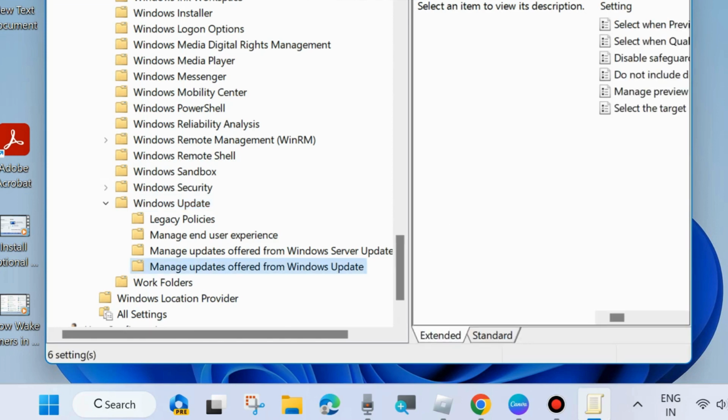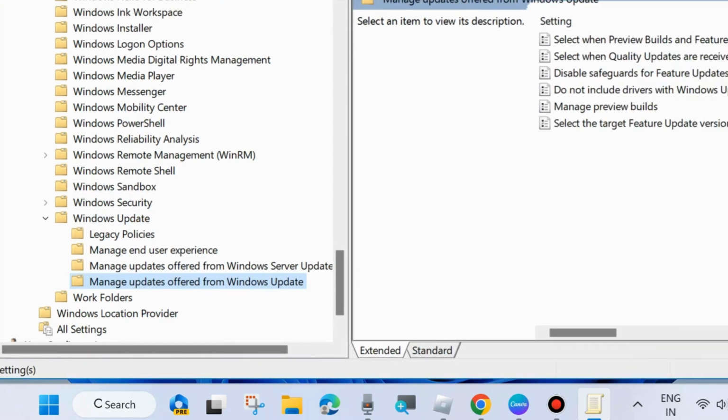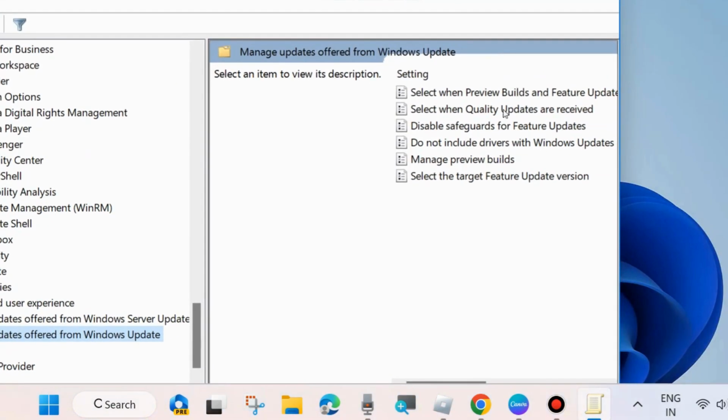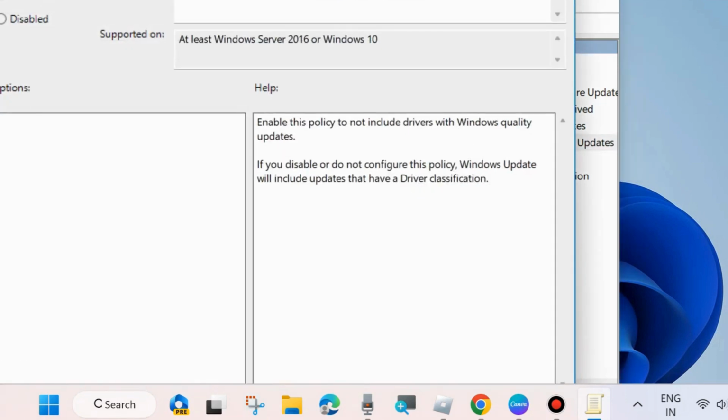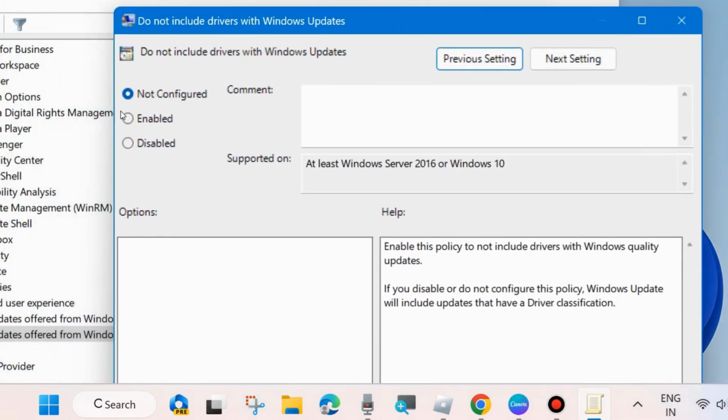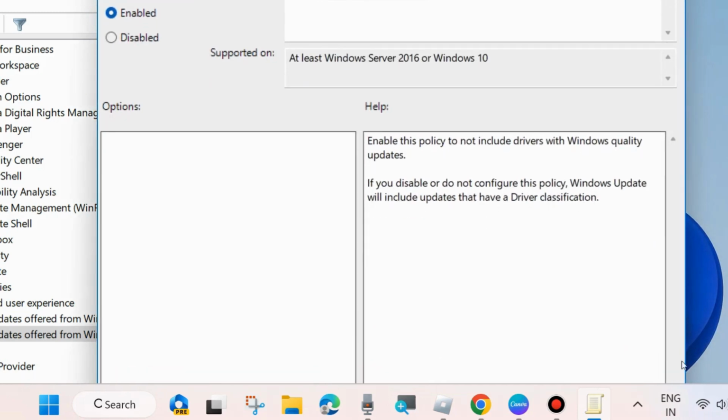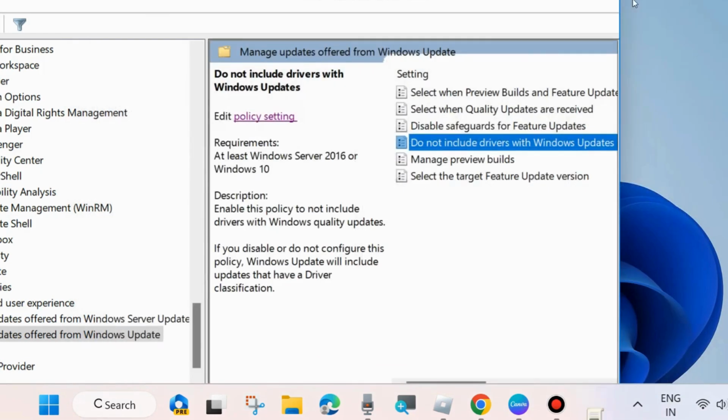Click on it. Thereafter go to right side and here do not include drivers with Windows Update. Apply a double click on it to this feature and here if you want to disable this feature, click on enable, and if you want to enable this feature, click on disable. After enabling, you can download your optional updates with Windows Update. Otherwise, you may not be able to download